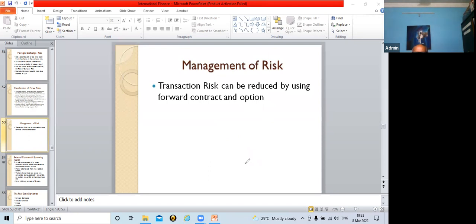So this was about the foreign exchange risk. We have discussed in foreign exchange risk, there are 3 types of exposure: transaction exposure, translation exposure, and economic exposure. We discussed in transaction, it solely depends upon the exchange rate, and in translation, we do not liquidate assets,